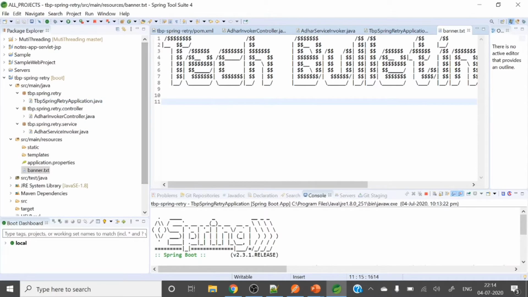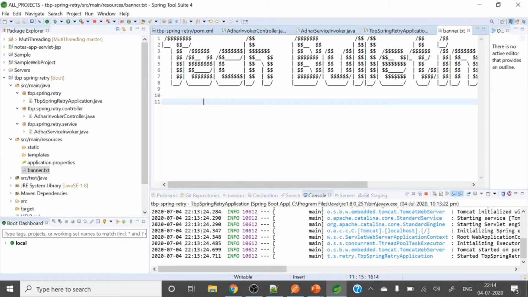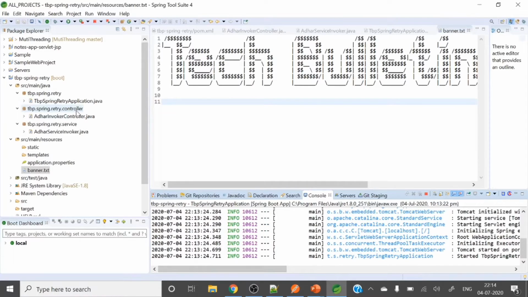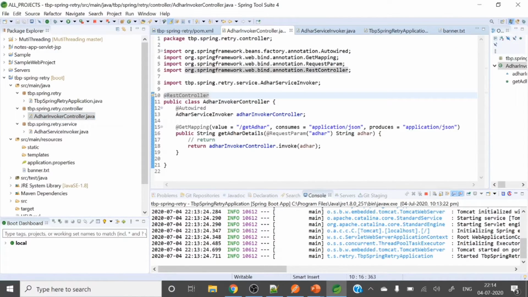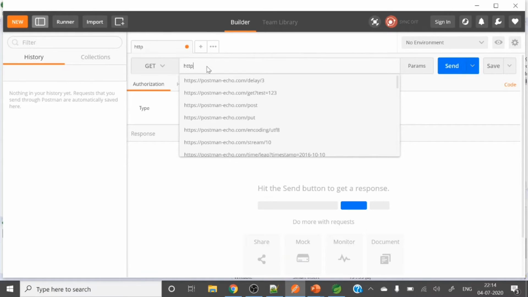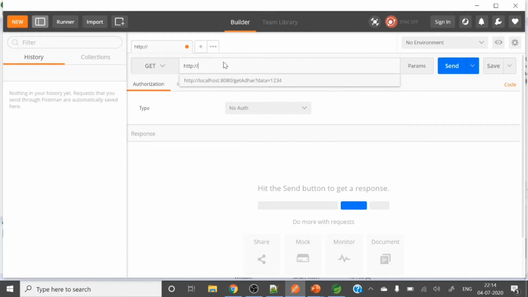So we have run that one. It's running on port 8080. What is this URL? getAadhaar, right? So let me open Postman, http localhost.